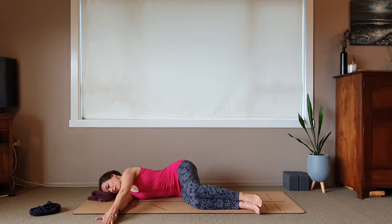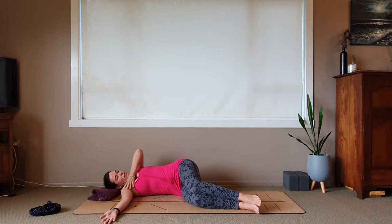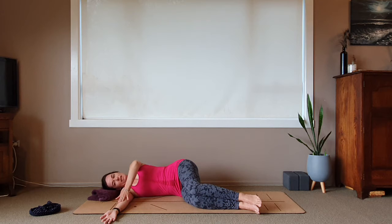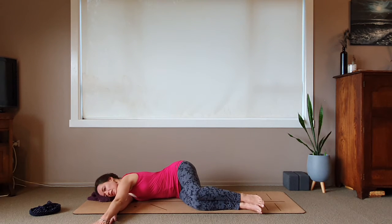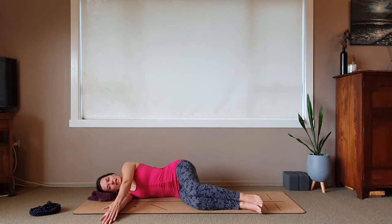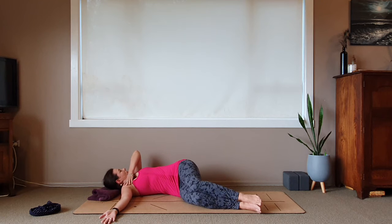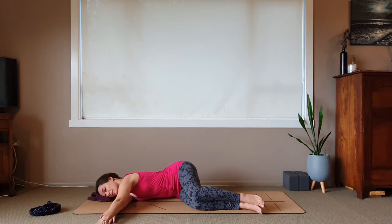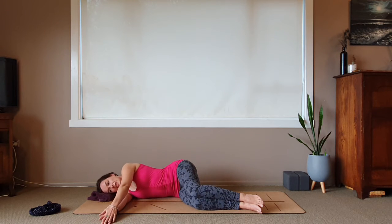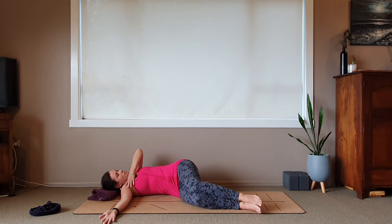And then slide it all the way forward, reaching, and then again sliding the hand over the arm, right up towards the armpit, and then sliding forward. Maybe going a little bit deeper each time, so again, reach those fingers, and then sliding the hand, and just allow your head to go with this movement. As you're rotating over, just allow the head to be fluid, moving with the body. Last one. So again, you reach and then sliding your top hand all the way over the arm, maybe to the chest,